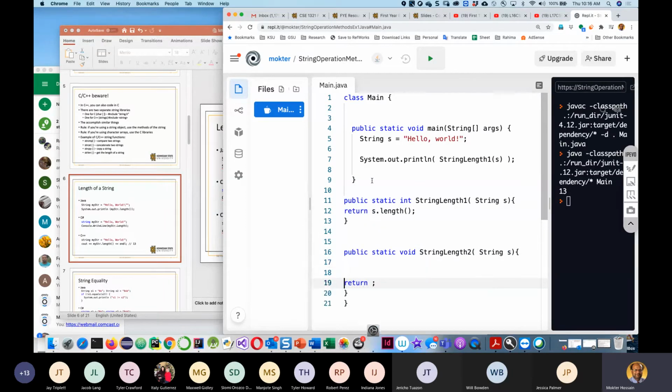In that case, I need to print this. So if there is no return type, a void method, almost all void methods do whatever they need to do themselves. Okay, so then it will print this string length over here, and then when you call this method,